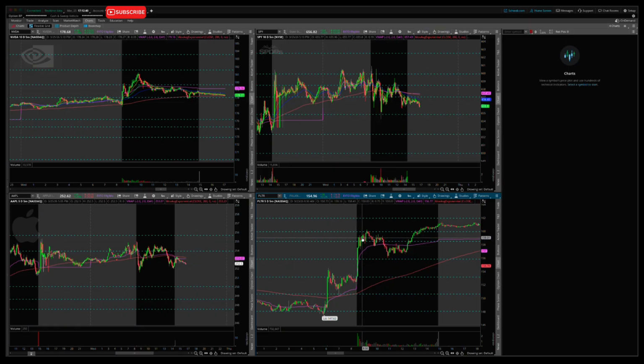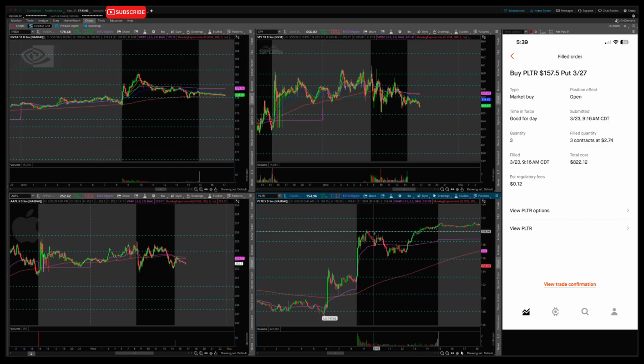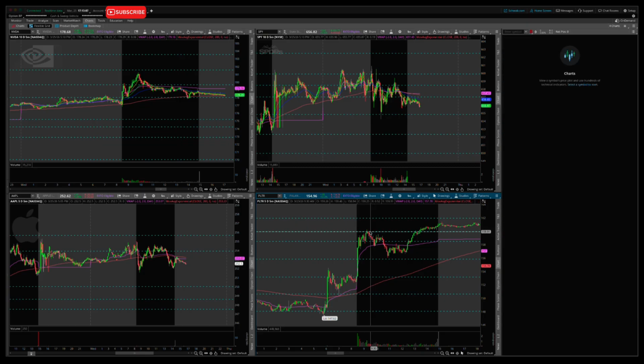And then we slowly climbed back up. And then all I wanted to see is a little bit more weakness right here on the 160s. Well, I wanted to break over the 160s and fail, which is what happened. And then I added 2 more contracts, I believe. Let me double check. Yeah, I added 3 more actually. And then my average ended up being 274 and pretty much just waited it out